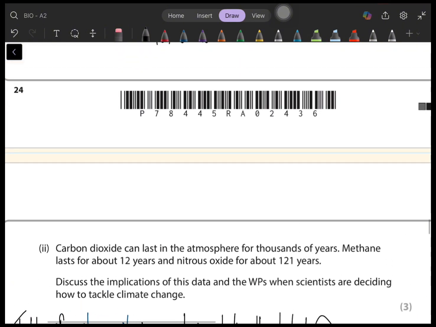Carbon dioxide can last in the atmosphere for thousands of years. Methane can last for about 12 years. Nitrous oxide can last about 121 years. Discuss the implications of the data and warming potential when scientists are deciding how to tackle climate change,